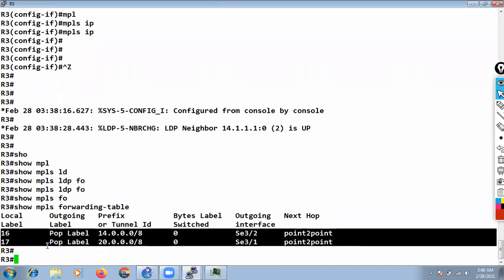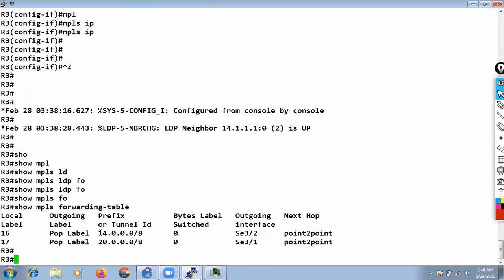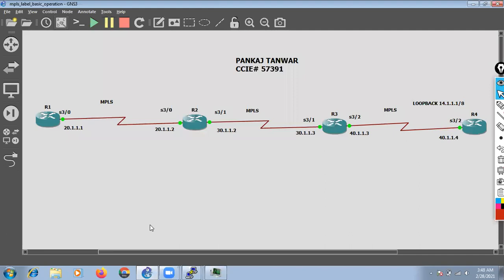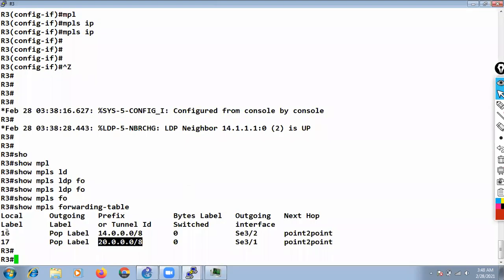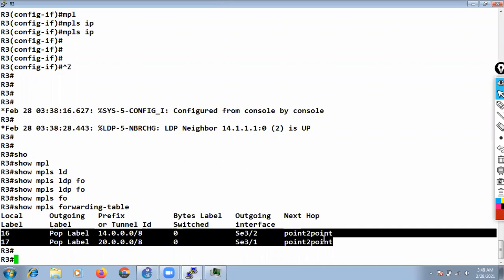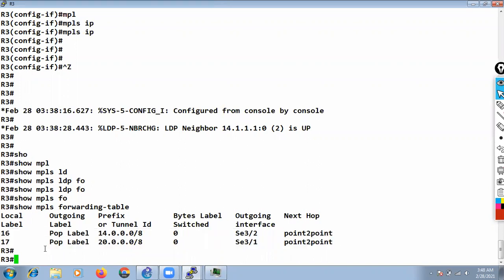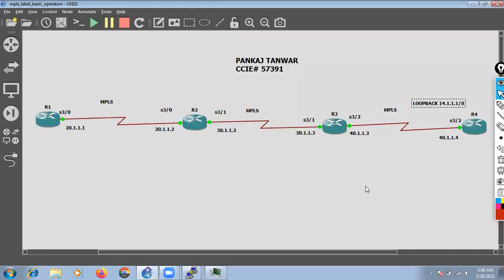If you check here, the only networks in the LFIB are 14 and 20, because for R3 the 30 network is directly connected. As we discussed in our previous lecture, in the LFIB there will not be any entry for the connected network because it is not required.